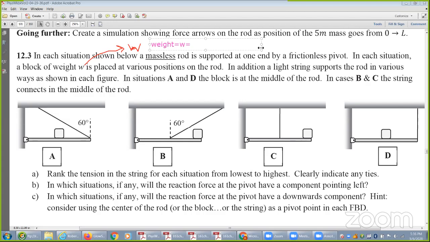MG is hopefully what you said, and I appreciate you throwing it in the chat. Remember, work is capital W, all right? So work is capital W, and weight, you've got to remember that it's not MG. It's, whoops. Okay, there we go. So weight is MG, and mass is M, and weight and mass are not